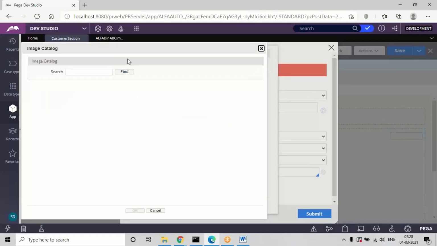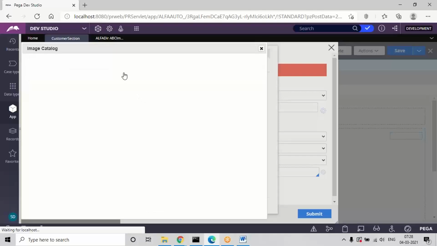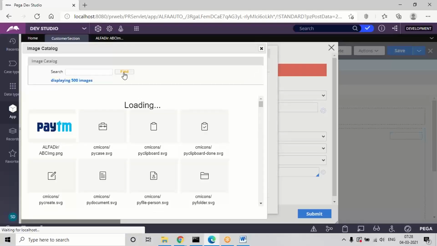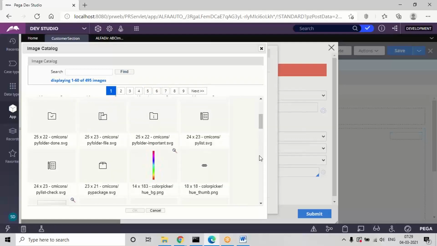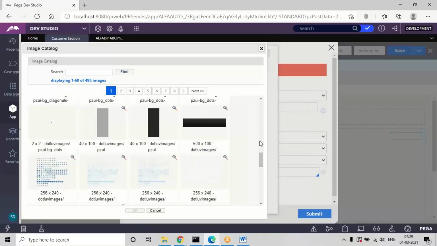So here if you click on the find option, in your system in alphabetical order, we have given all A letters, right? That's why it is showing at the starting of the page only. But if you take some other character, like if the directory name or image name starts with P, X, Y like that, it will be somewhere in between the pages. Okay, so Pega contains some built-in icons which are used in the Pega application design.